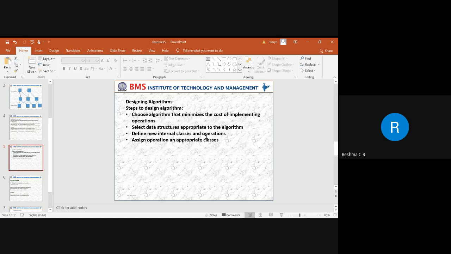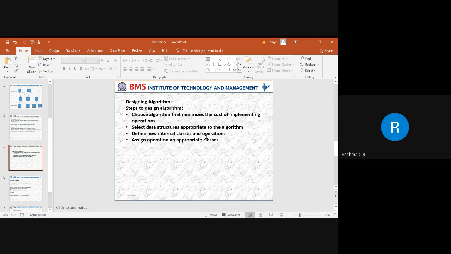How the data structure has to be devised, and whether there are any efficient algorithms. The data structures may be in terms of arrays, or a list, or a stack, queue, sets, or a bag. All these things have to be identified. That is how we are trying to choose a data structure.